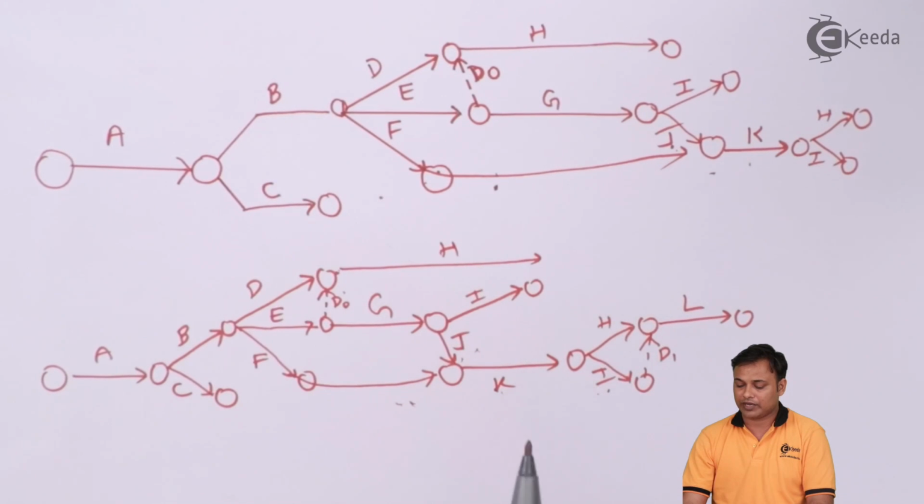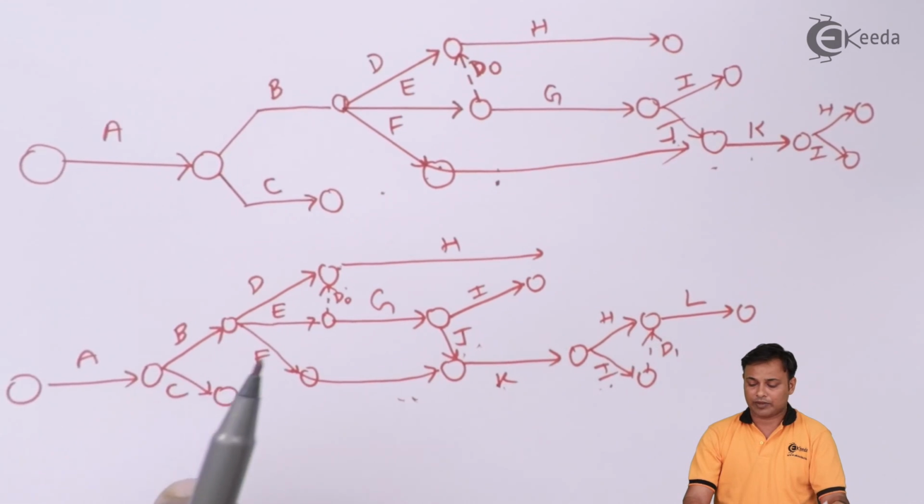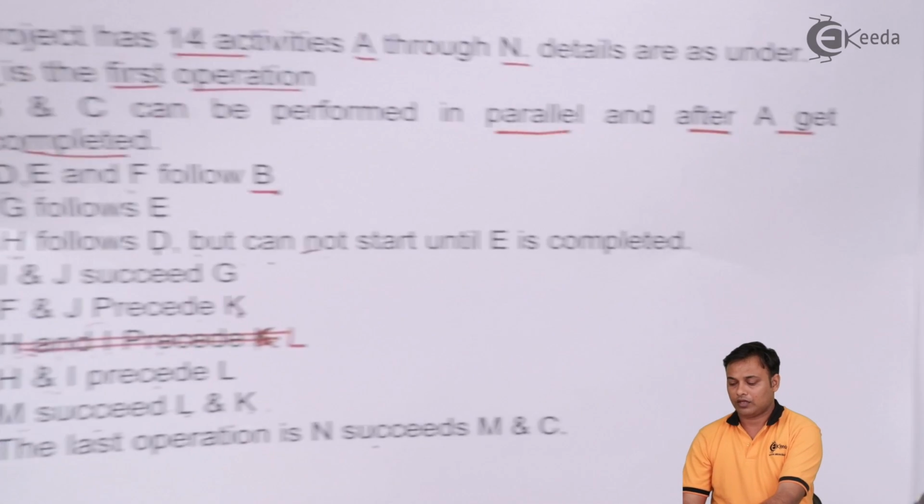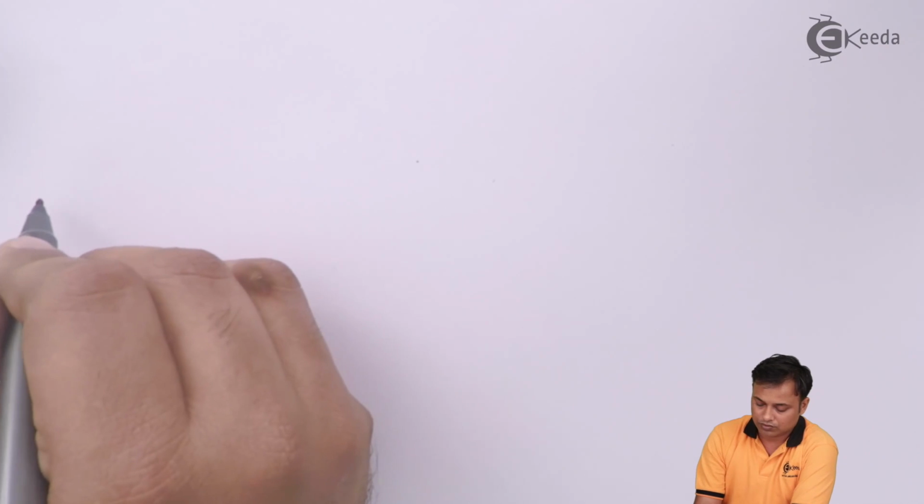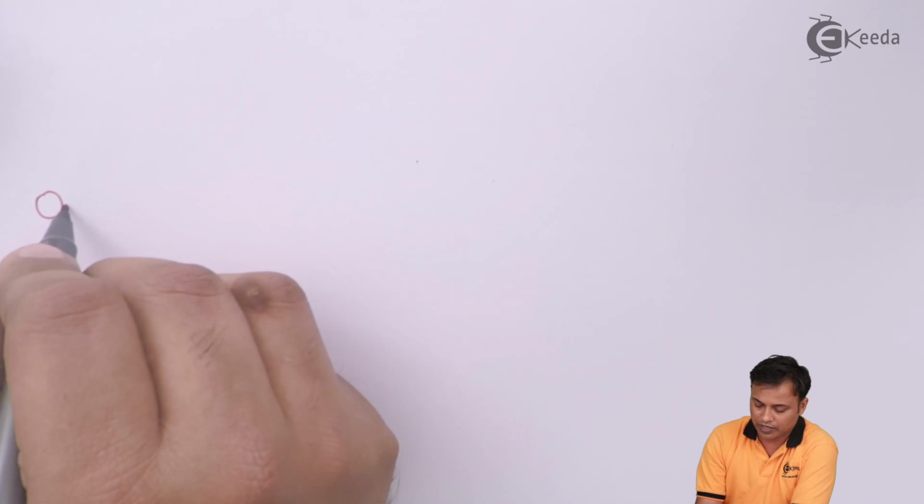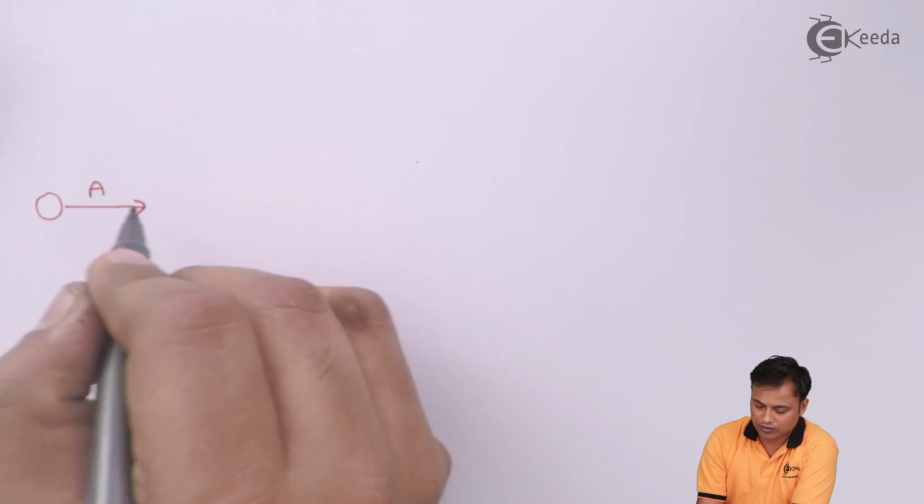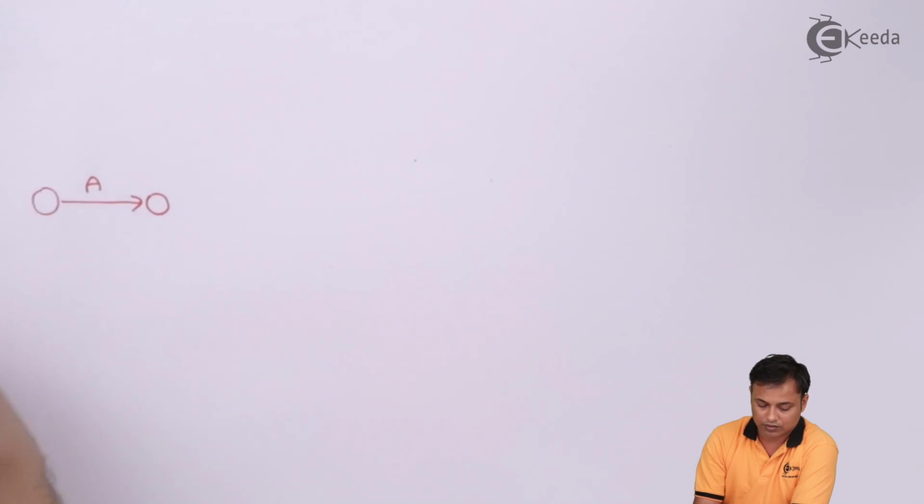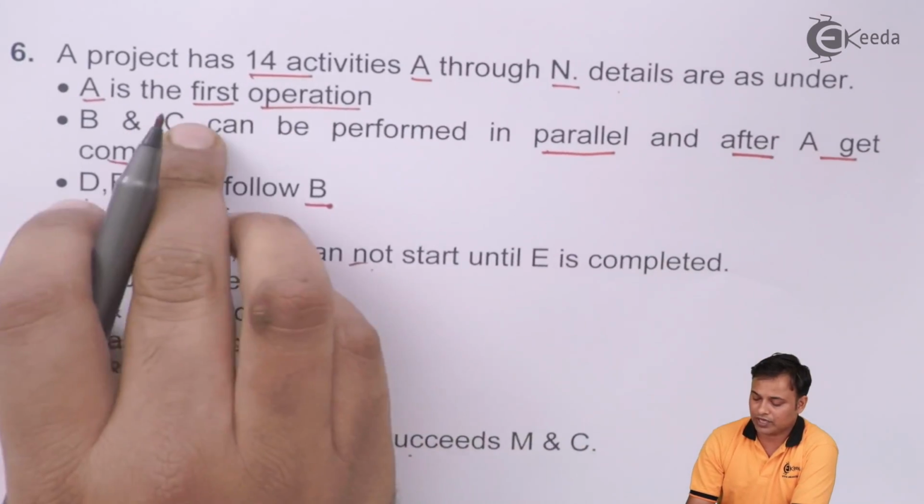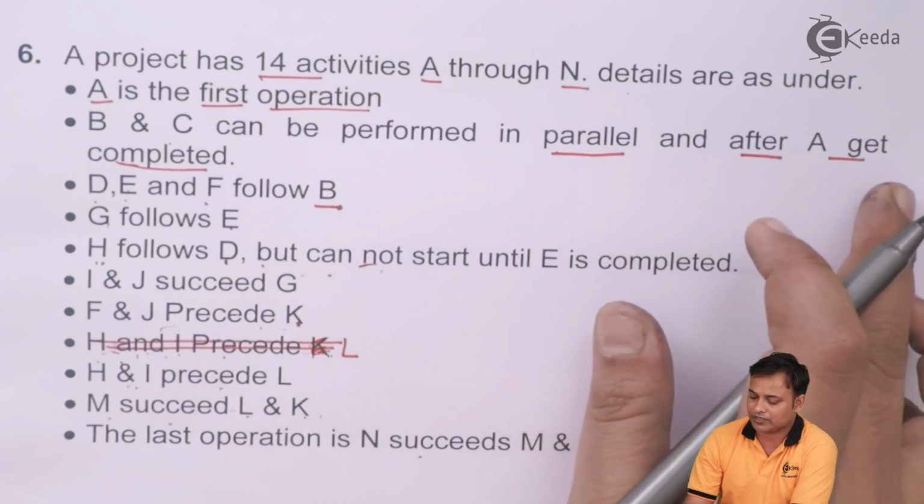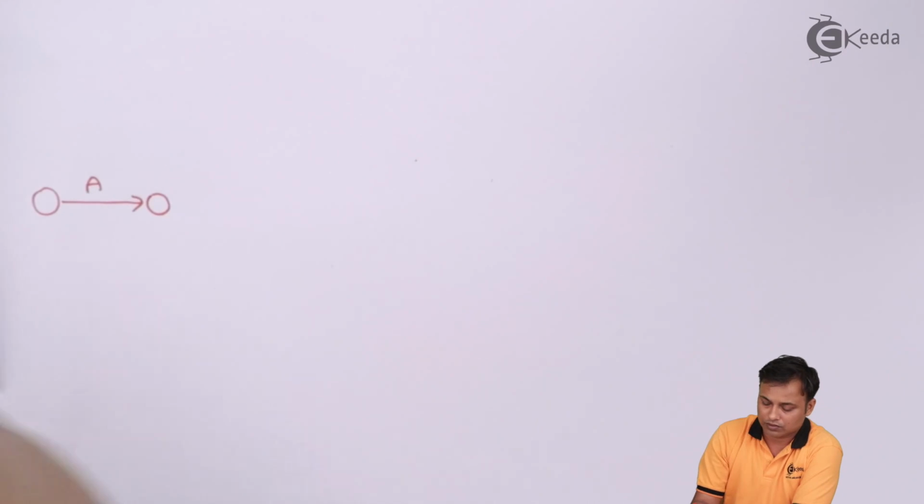I need to draw a dummy again. We'll draw a diagram again. Full-fledged new one. A is the first operation. So here is my A. Then B and C can be performed parallel, and after A gets completed, so I'll start with